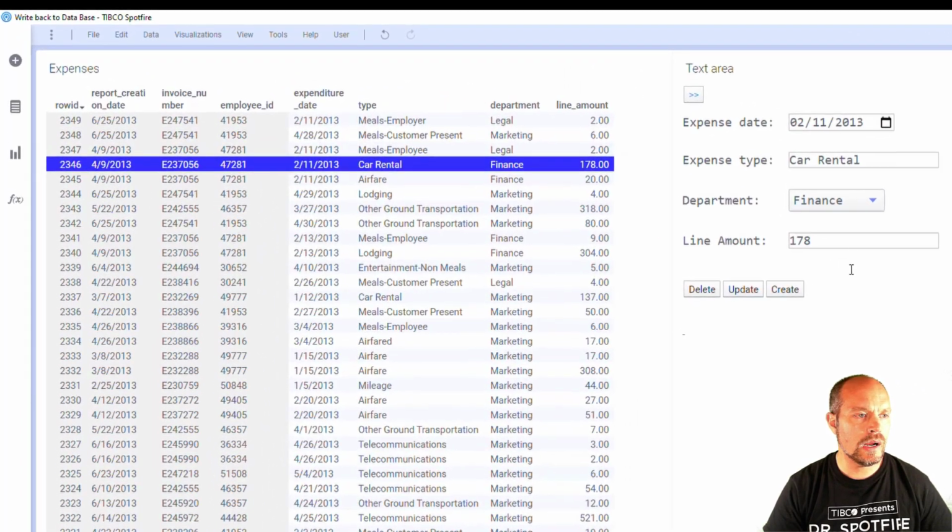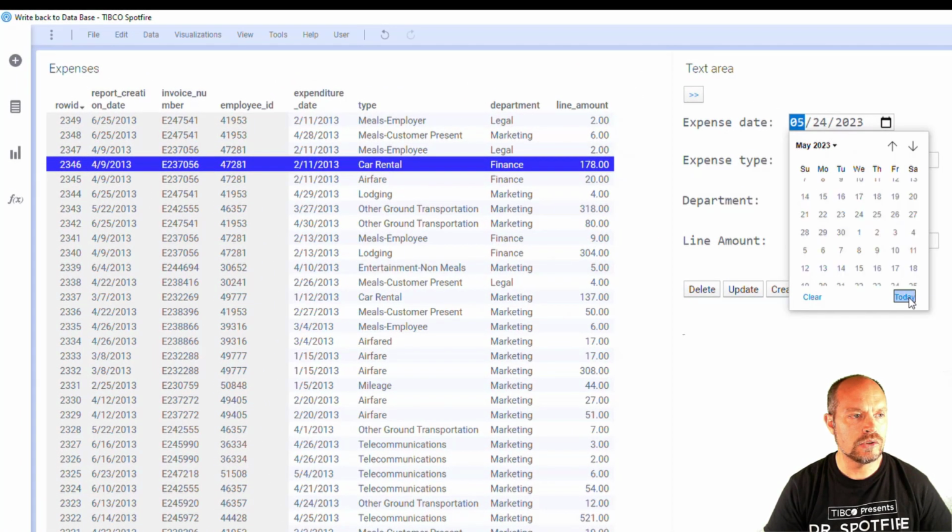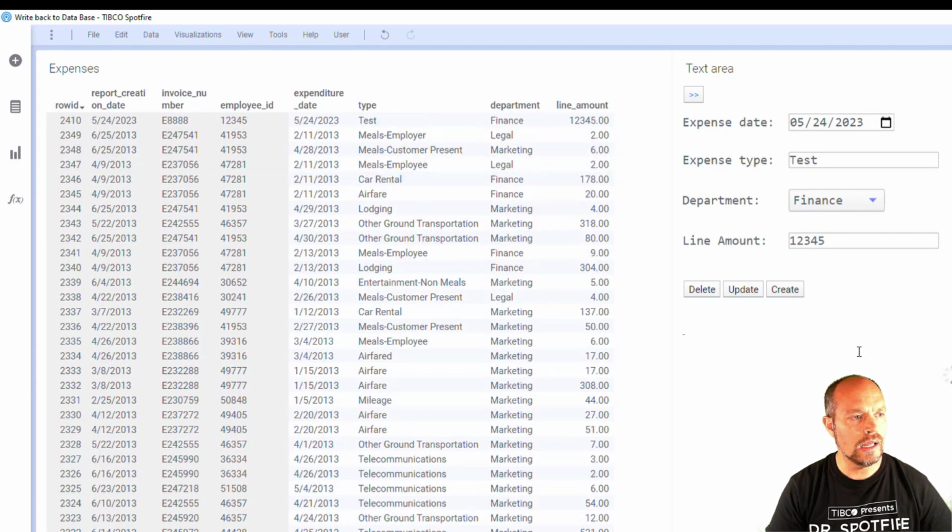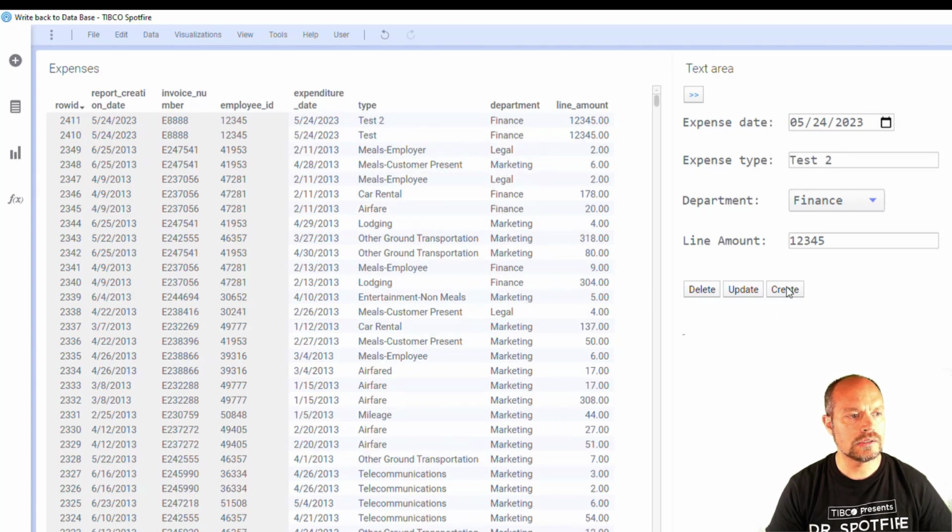If I want to create a record, I just put the date, let's say today's date. I'm going to do a test record, put it to finance. That's fine. I'm going to put that amount and create a record. So now it's created. I can see the line right here. Let's do another test and click create. Now I have two records and let's say I create a duplicate record. Let's create another one